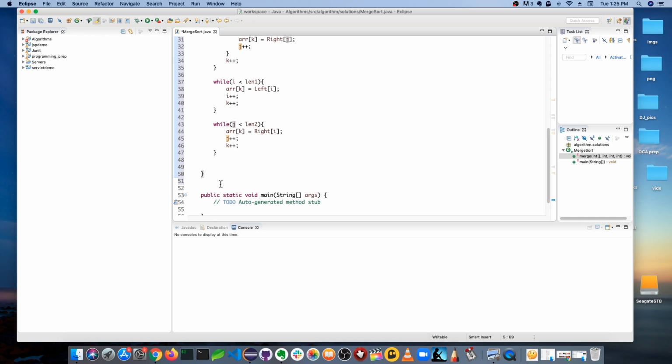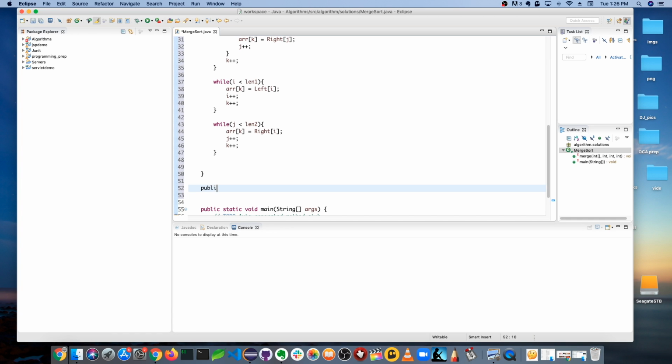So what I want to do is create the actual recursive method that breaks down the array into its minute parts, and then we call the merge method to merge those parts together. So what is that going to look like? It's going to be public static void, and I'm going to say sort, and basically I'm going to take an int array,